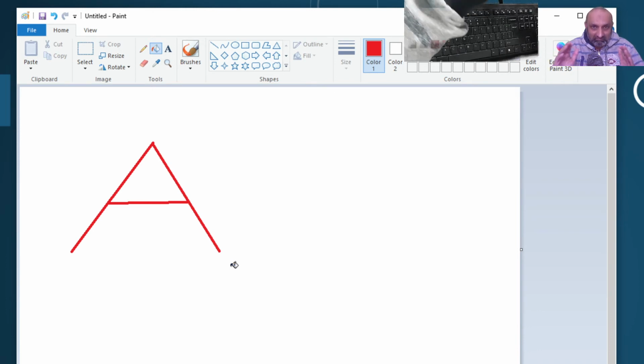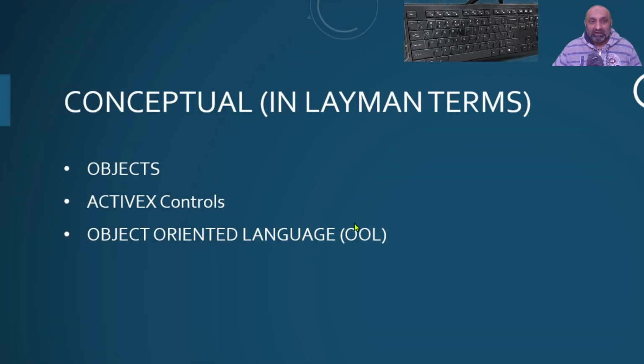So this is the layman's concept of object-oriented programming. So there is an object that is coded by someone else, and that can be used by any programmer in his code by calling that object. Right? So objects are workbooks and worksheets, and ActiveX controls can be termed as objects, and